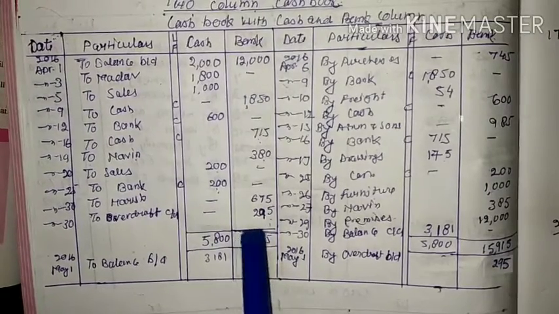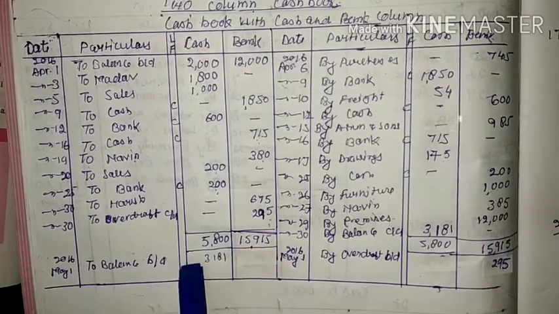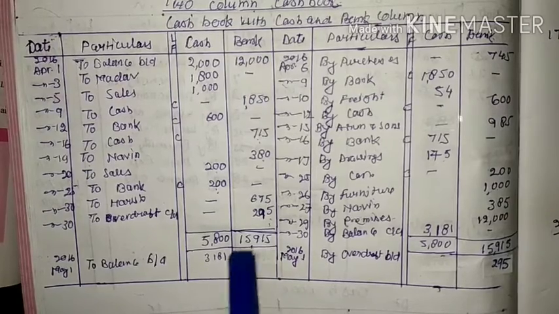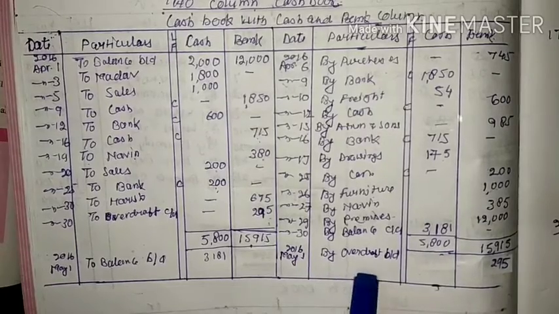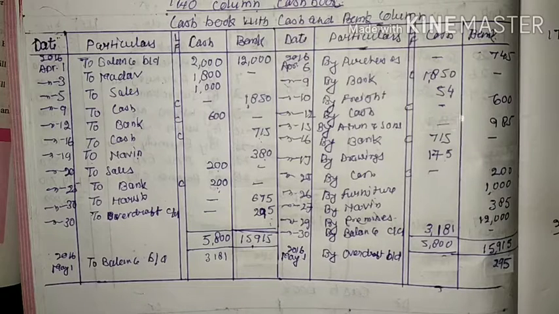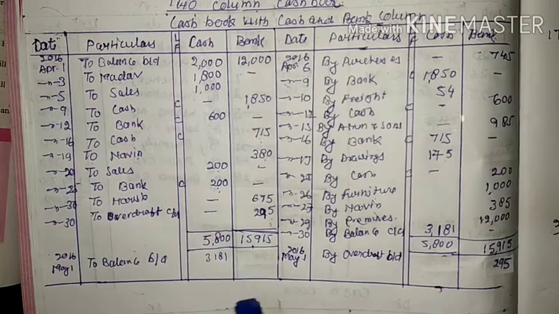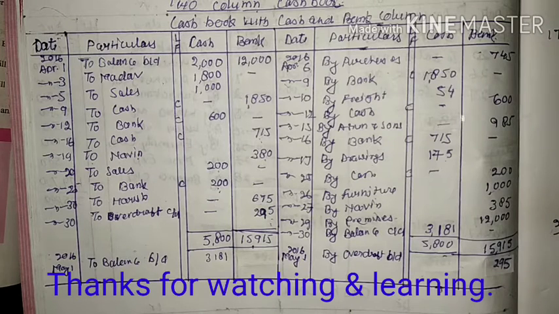We will take this in the next month as the opening balance overdraft. If our balance is there, it is taken on this side, and if we have to pay, then it is taken on this side. So the overdraft opening balance we have taken here. Next month again the transactions will take place, and whatever we have received and deposited in our bank will be entered on the debit side, and whatever is paid will be entered on the credit side, and then again the balance will be taken. Okay, thank you.